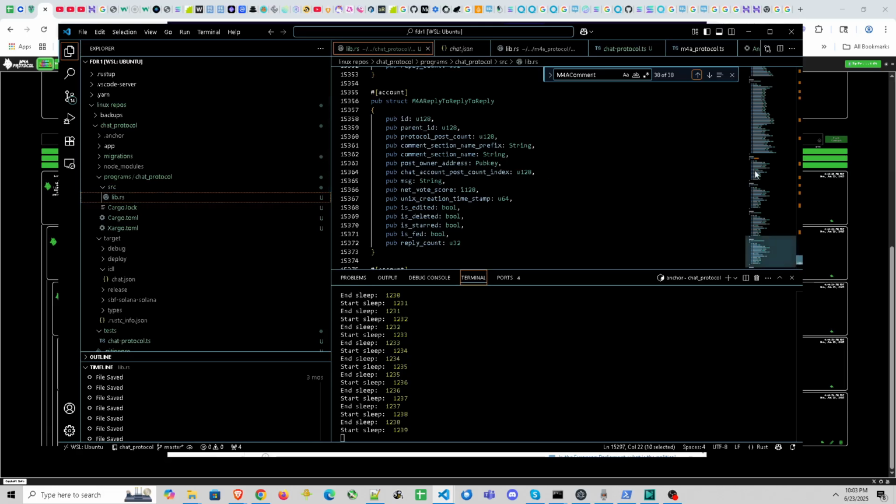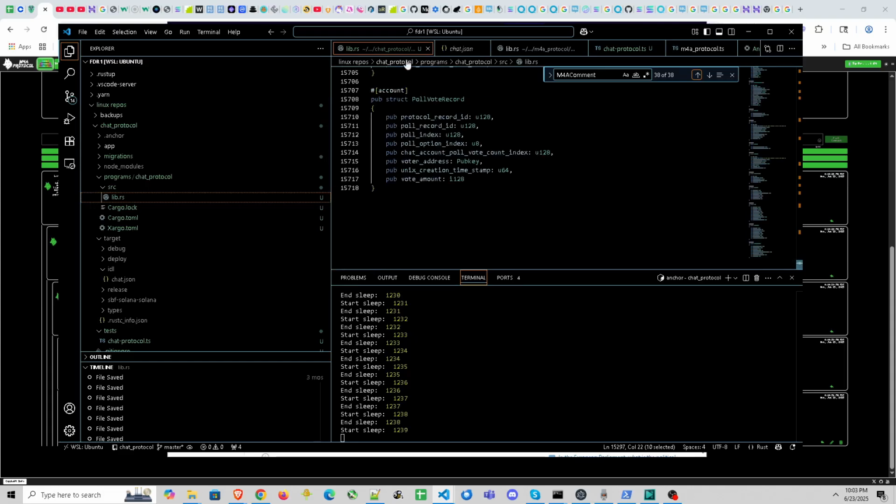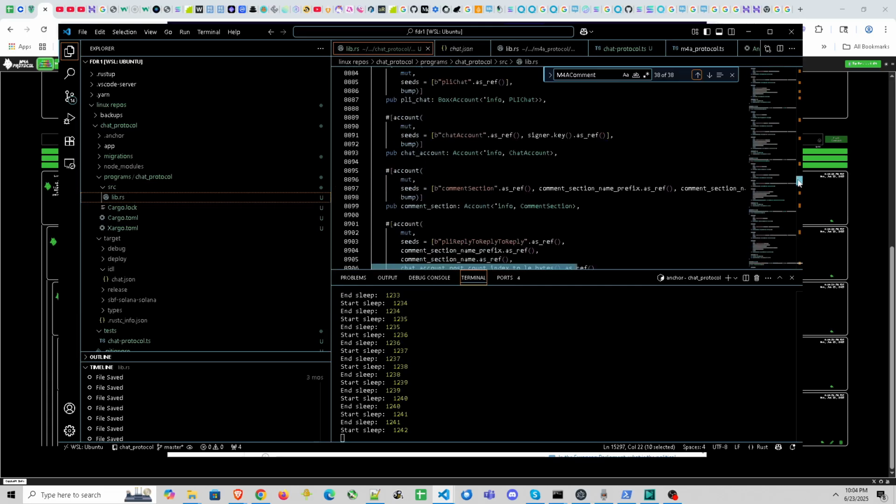I mean, the contract obviously becomes way longer. You see, like this, the file is over 15,000 lines long, and the amount of money that it would cost to deploy the contract would definitely go up, which we will get into later in this video. But yeah, in terms of size constraints,